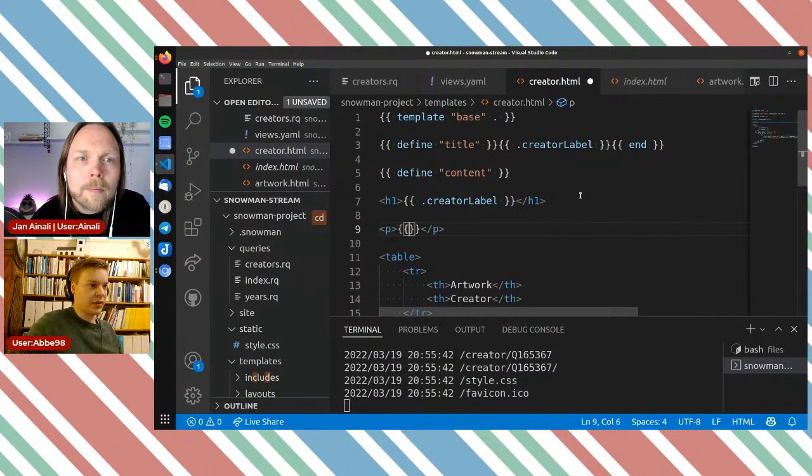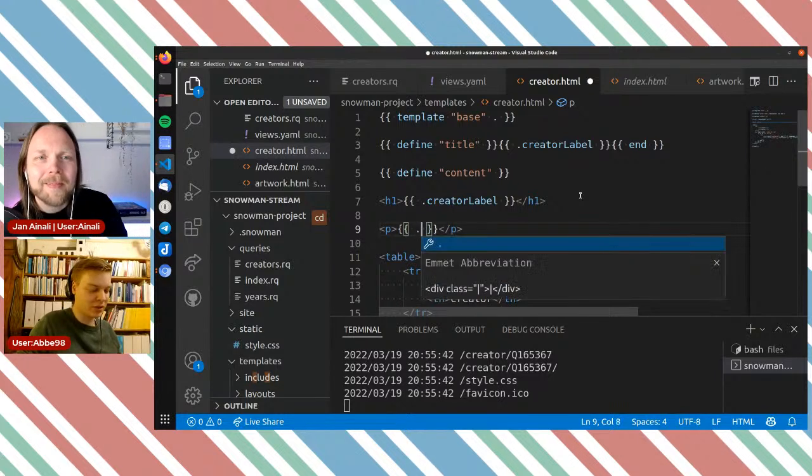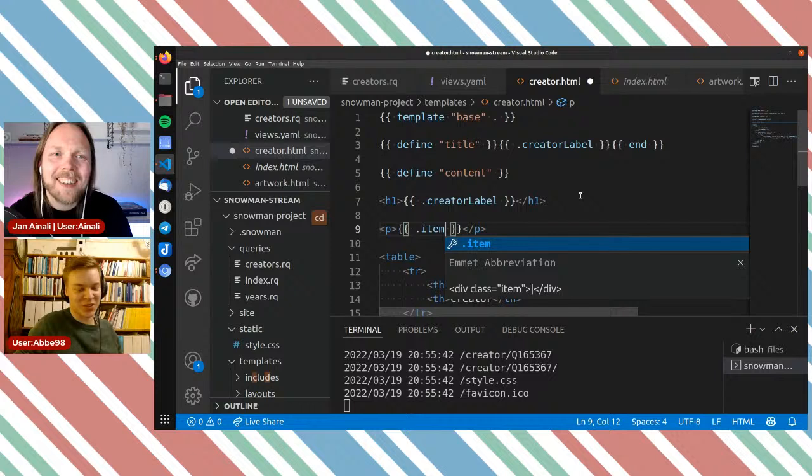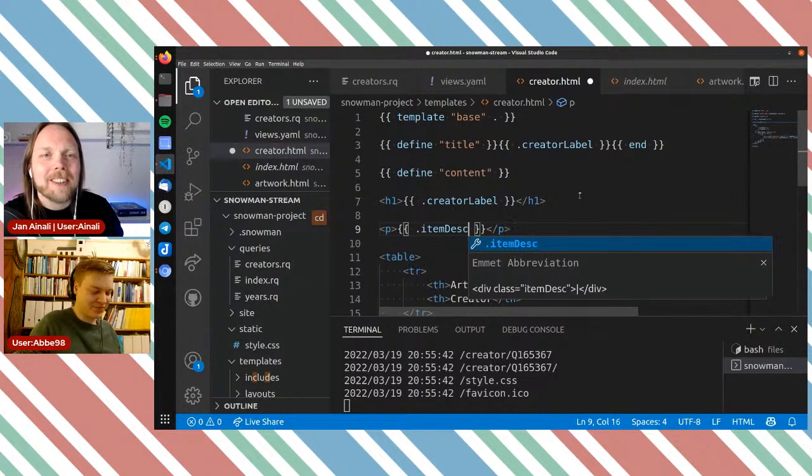So we can just do it like this. I'm assuming everything got a description now, but I could do one of those if I don't think all of it has, but having an empty paragraph here doesn't do much harm. I think there was one that was empty. Yeah, exactly. So we can live with that for the demonstration here. The best thing would be, of course, to add a description. Yeah, creator description.